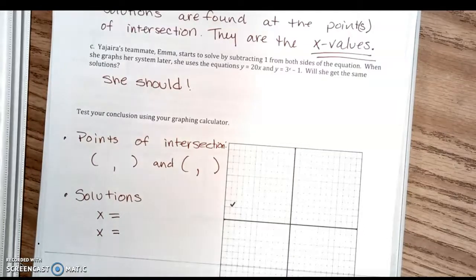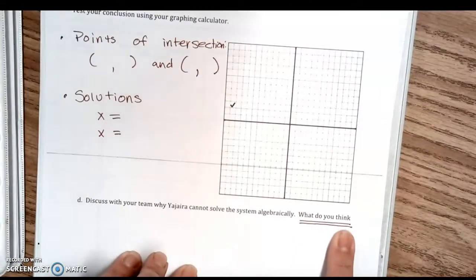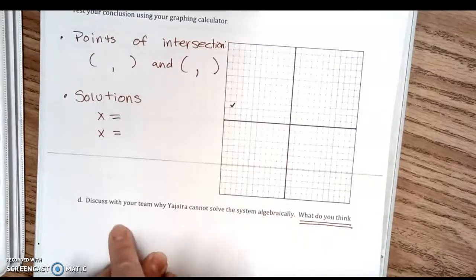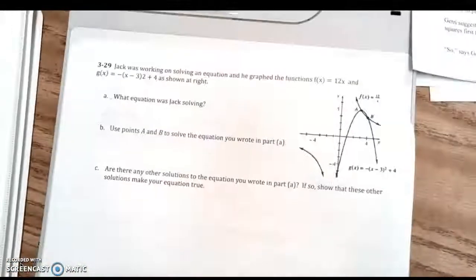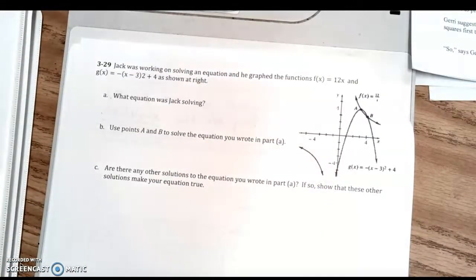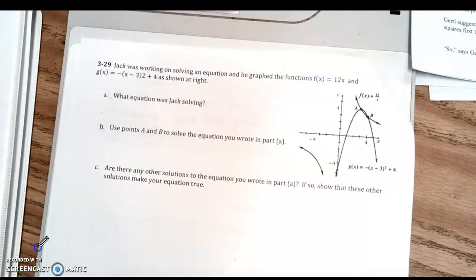Then part D, they want you to discuss with your team why Yahaira cannot solve the system algebraically. What do you think? So underline the part that says, what do you think? And so you're going to start your sentence something like, I think, blah, blah, blah. Okay? All right. Then in your groups of 4, you're going to finish up page 11, and then that's it for that section. All right. Go ahead and, well, let's see. Go ahead and